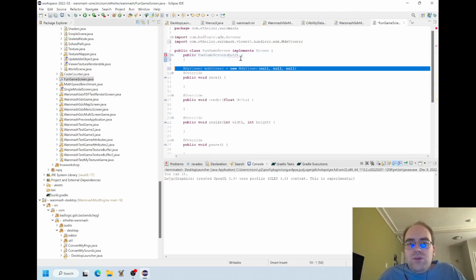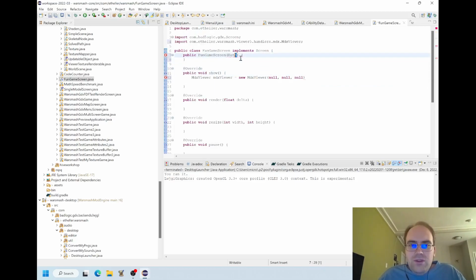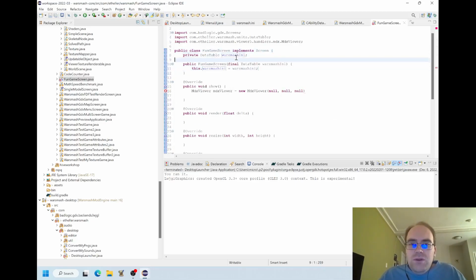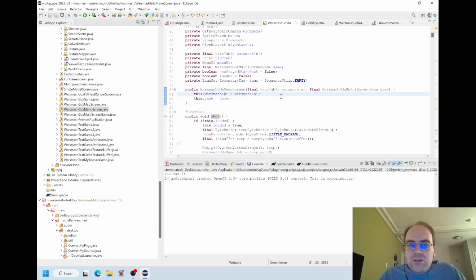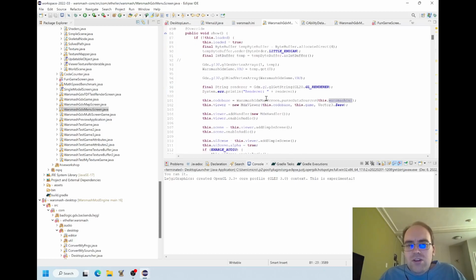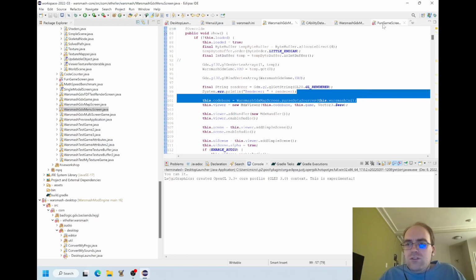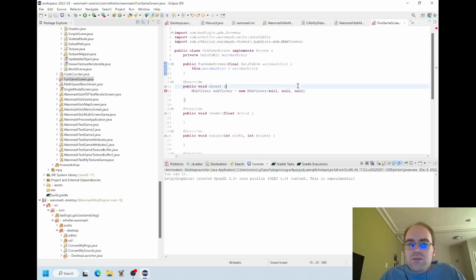So then you get back to, what does that one do? That doesn't take in a data source. It takes in a data table, the INI file of Warsmash. So it's just going to build its data source from that same INI file. That seems simple enough. There's probably a function call that does it. Let's look at that. Here you go, Warsmash screen parse data source. That's a great function call. So we do want to copy that one.